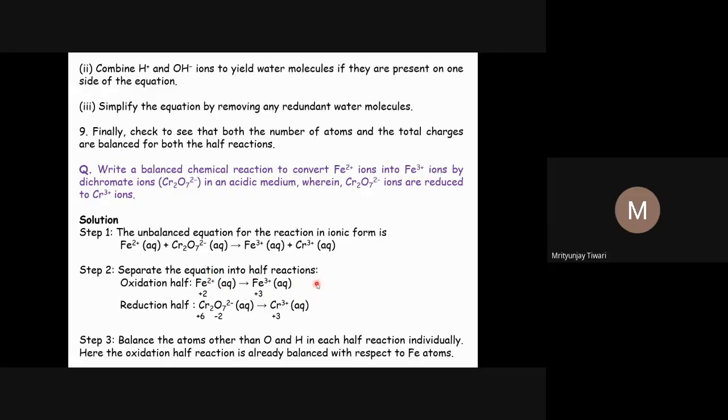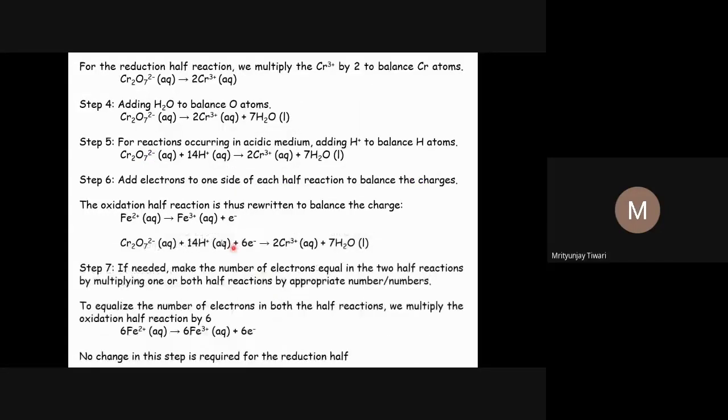So what we need to do here is add one electron to the right hand side of the oxidation half reaction, the first half reaction. So this is what we do here. We add one electron to the right hand side of this equation. And now to balance the second one, we need to calculate again the net charge on the right hand side and the left hand side. So let us calculate here.